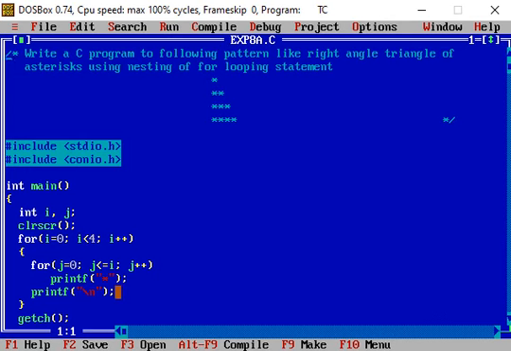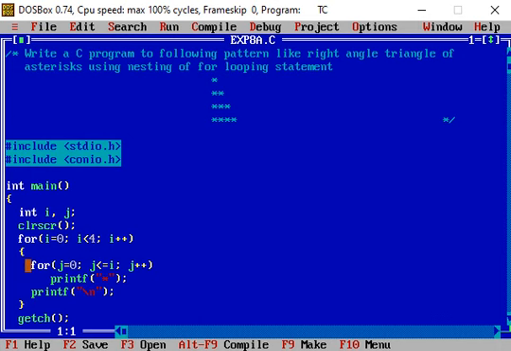So that is the purpose of this printf statement. After that, the value of I is incremented. So this value becomes now 1. So 1 less than 4, the condition is true. Then the body of the outer for loop is executed.